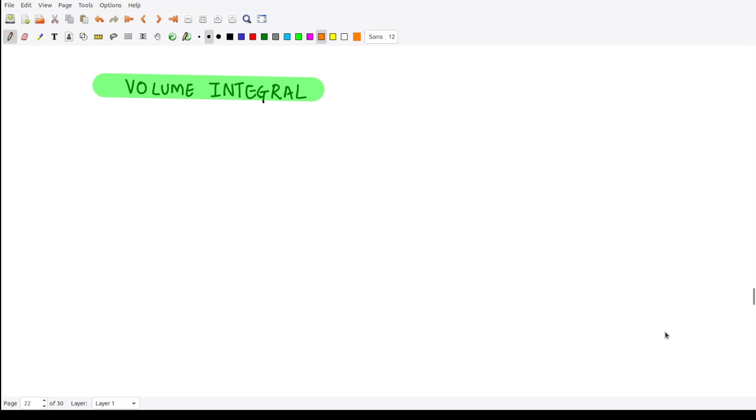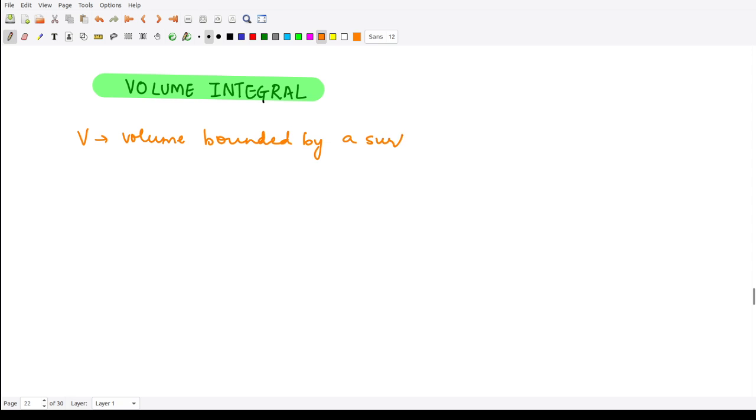So today we'll be studying volume integrals. In vector calculus, this volume integral is very similar to the one which we study for non-vectors, for scalar functions. Here, I am defining V as the volume which is bounded by